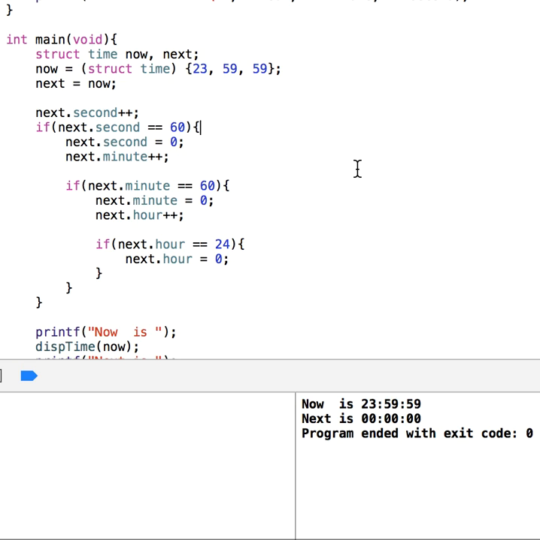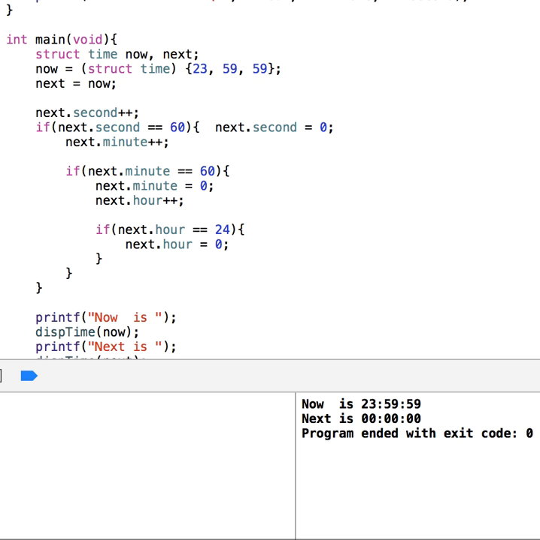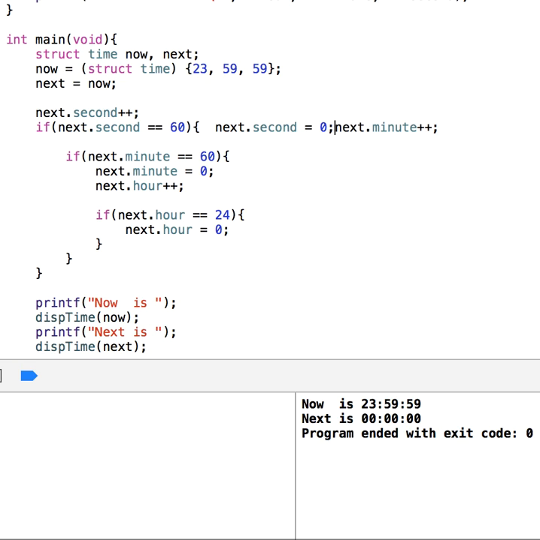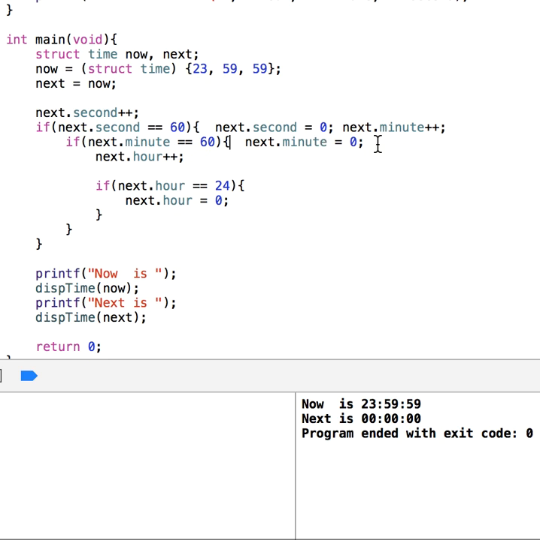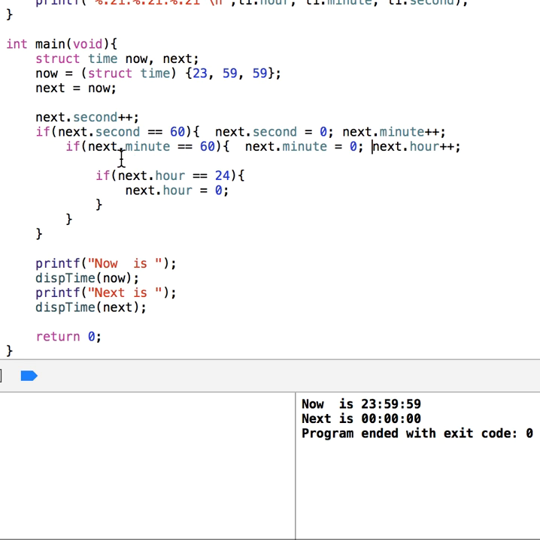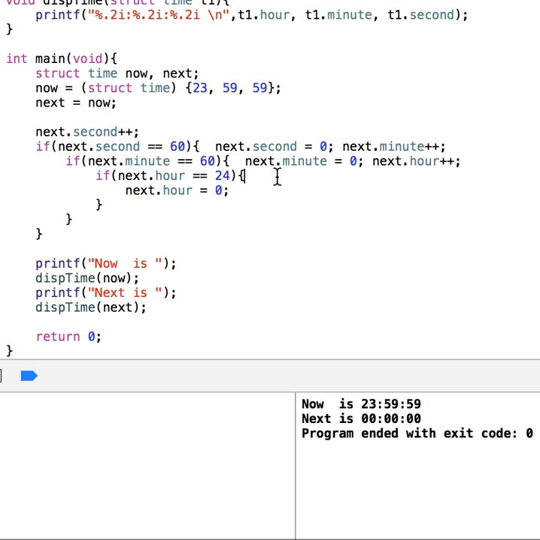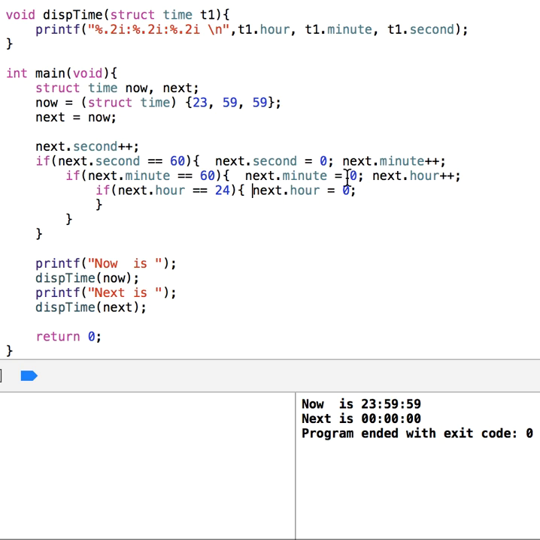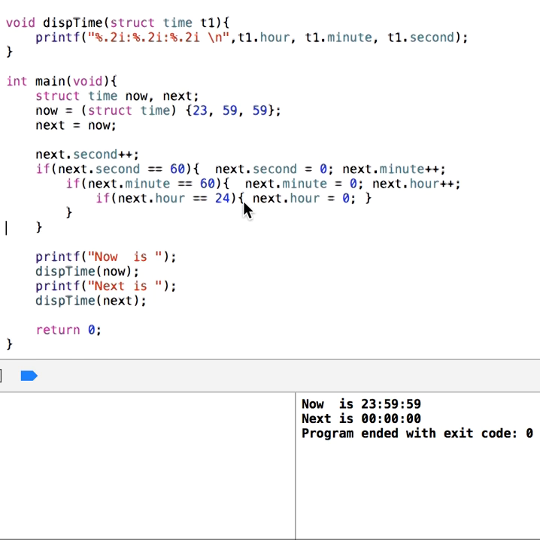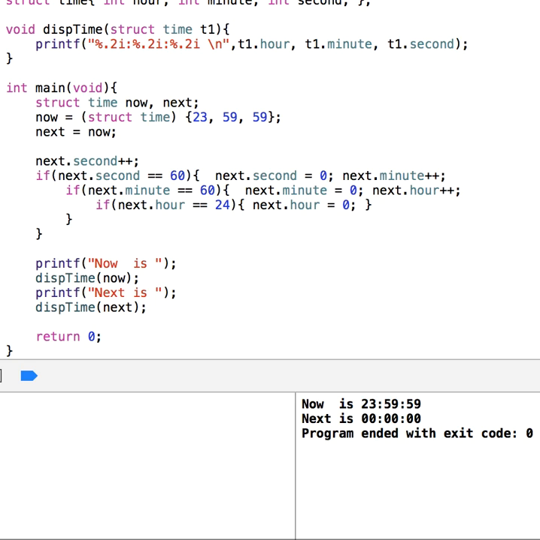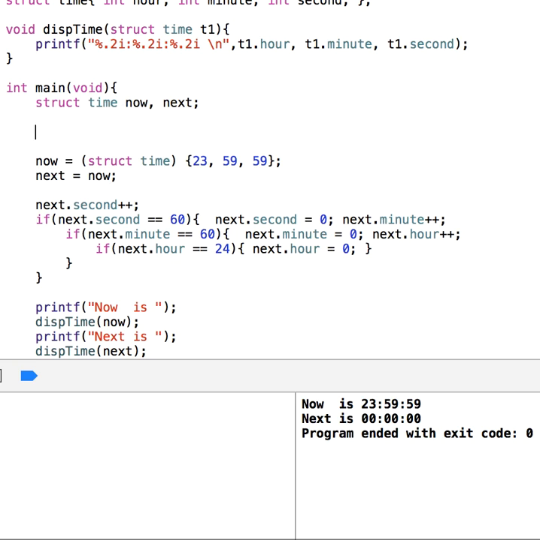Actually, let me also make this smaller. If that is the case, do this. And then if this is the case, do this. And then another, if this is the case, do this. Okay, I think this is much better. So now is, and then this. So here let's do that in here instead of doing this. Actually, let me think. I guess I can just get rid of